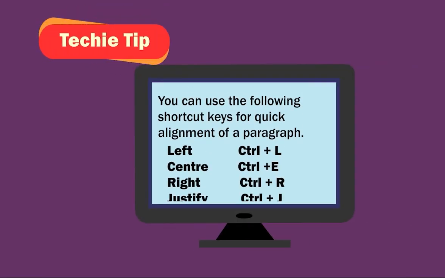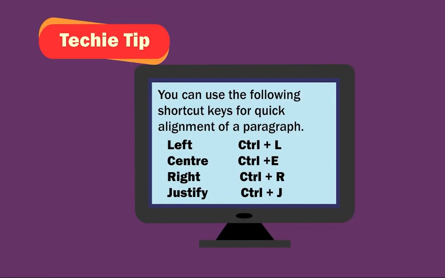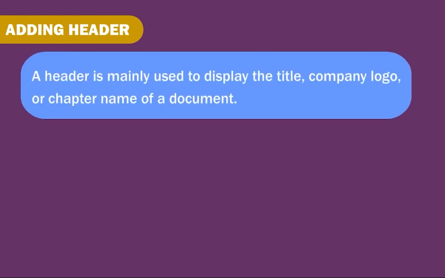Techie tip. You can use the following shortcut keys for quick alignment of a paragraph. Left, Ctrl+L. Center, Ctrl+E. Right, Ctrl+R. Justify, Ctrl+J. Adding header. A header is mainly used to display the title, company logo, or chapter name of a